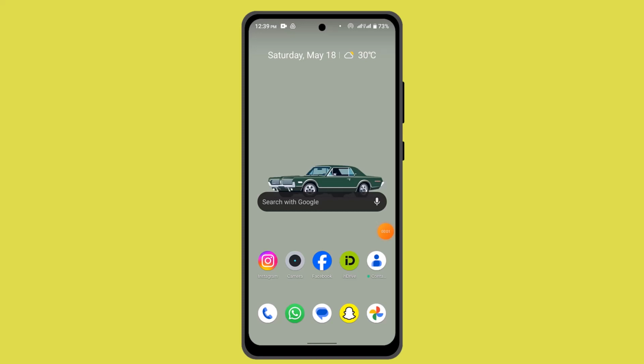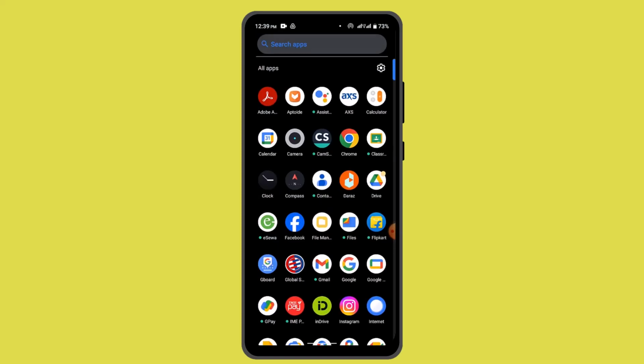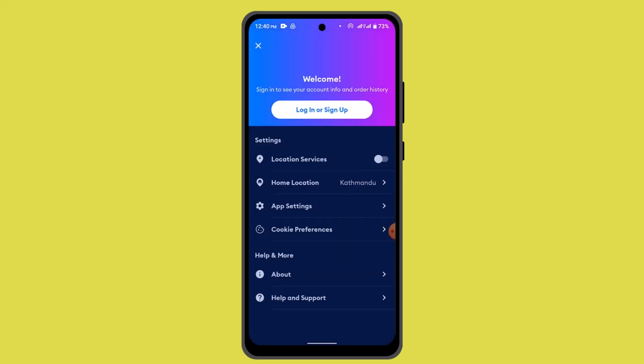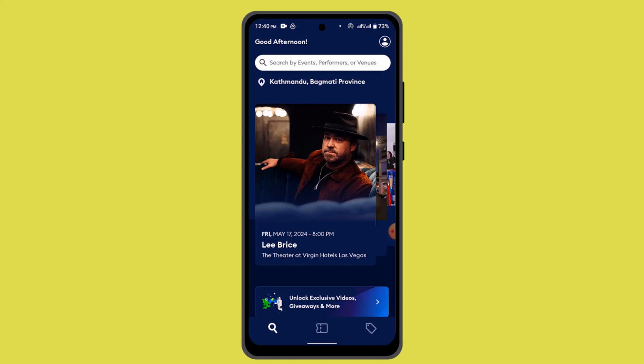How to use the AXS or Access app to enter an event. Now, in order to get into the event, the first thing you have to do is purchase a ticket using the AXS app. And when you've done that, you have to go ahead and log into your account. And when you're logged into your account,